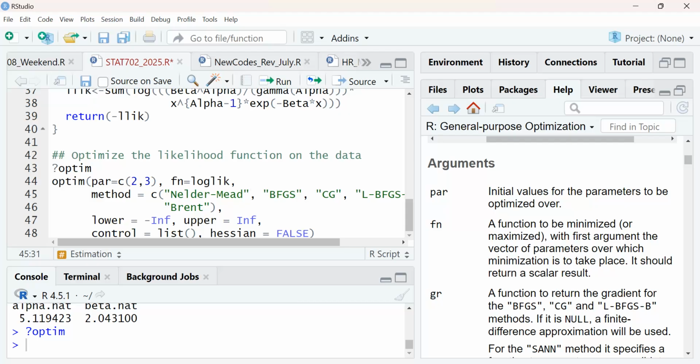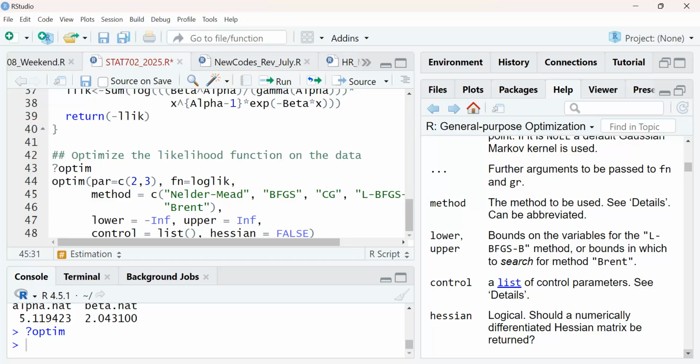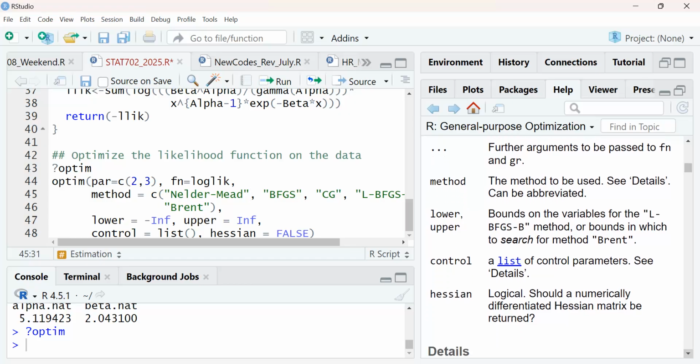Then lower, some of the functions have lower and upper limit. Nelder-Mead does not need that. But if we use, let's say, BFGS, then it needs a minimum value, maximum value. So it's like the bisection method. You state A as a minimum, B as a maximum, then you search within that framework for the solution, so to speak. Okay, so this one, I'll take it off because we don't need it.